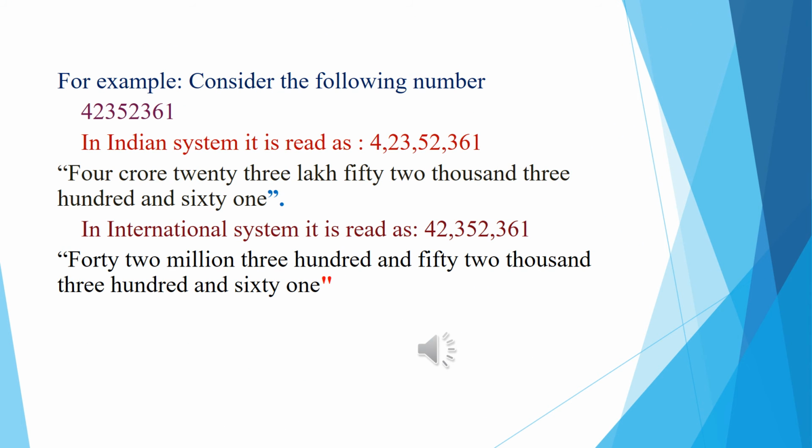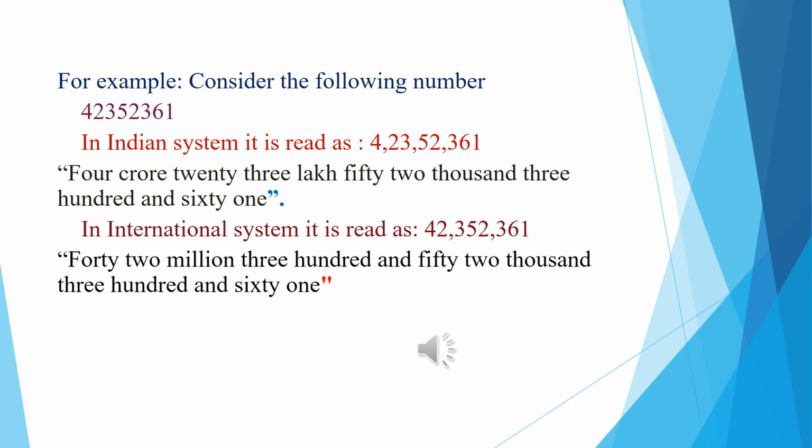Dear children, we all know how to write number names in Indian system as well as international system. Let us revise it. Look at the first example. Consider the following number 4235231. In order to write the number name, first we need to separate the periods using commas. In Indian system, we put the commas after 3 digits from the right, then after 2 digits, then again after 2 digits. So we can write the number name as 4 crores 23 lakhs